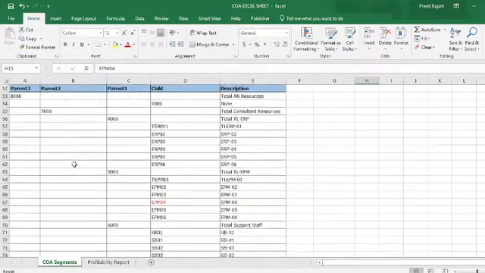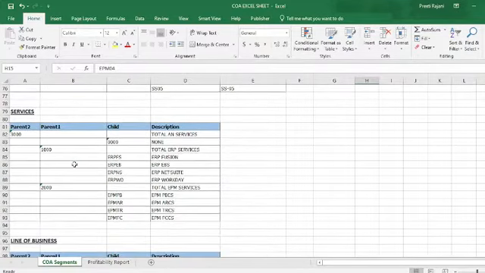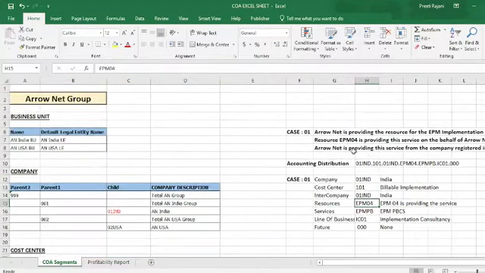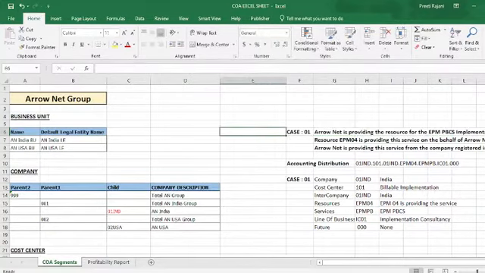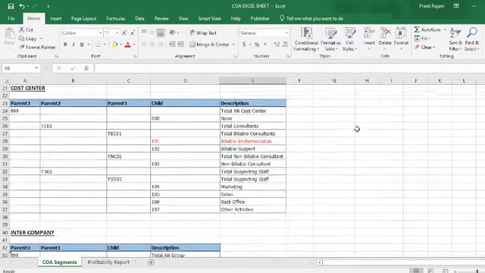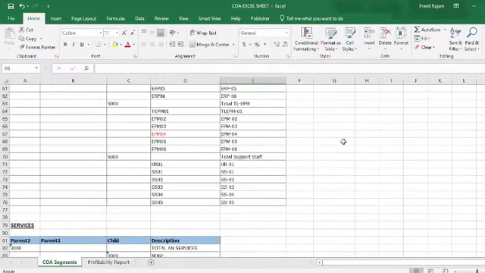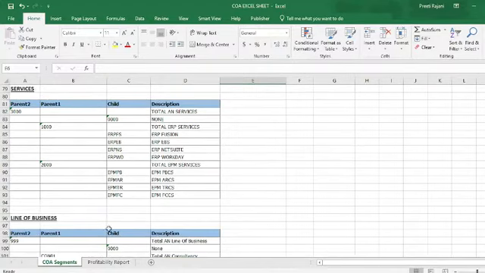Come to the service segment and say we are providing service for the PBCS implementation project. So in these services you have to take this value.